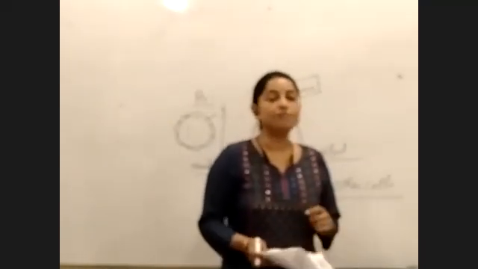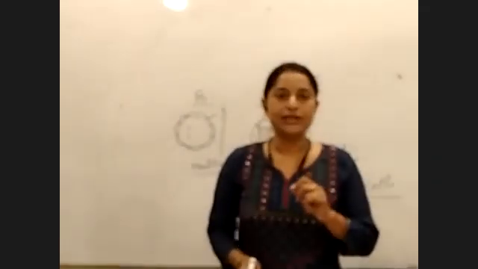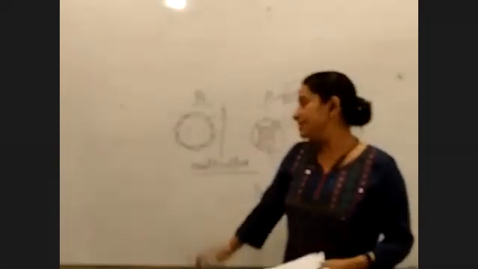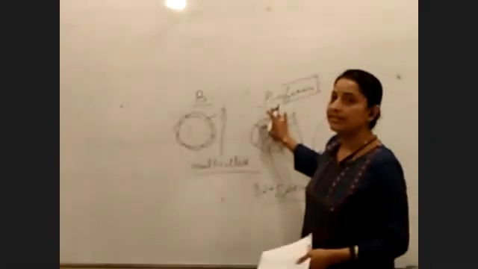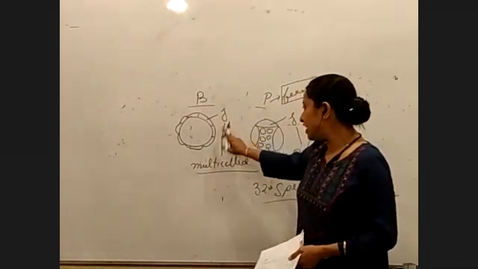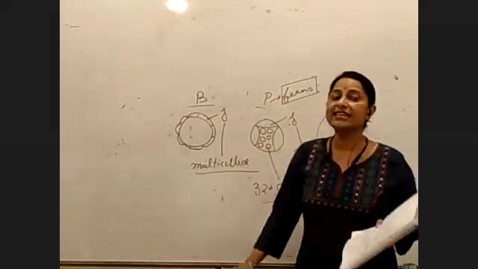Next, you have to compare the archegonium. First point, antheridium and archegonium are present both in bryophytes and pteridophytes. In case of bryophyte, the jacket is present. In case of pteridophytes, especially in ferns, the jacket is also present. In case of bryophyte, the jacket is multi-celled. In case of ferns, the jacket is three-celled.